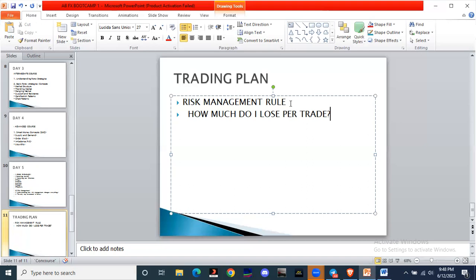So you could have a trading plan based on your strategy that will tell you what exactly you're trading and how exactly you're going to enter the market. These are the criteria that I need to see before I enter the market. If I don't see this thing, I'm not going to place a trade. If I don't see this one, I'm not going to place a trade. So this is what a trading plan is. And a trading plan is the only way that you can beat this game and keep your psychology in check.